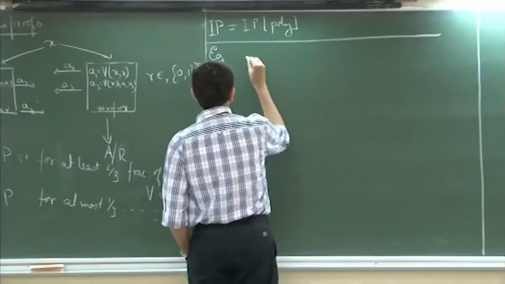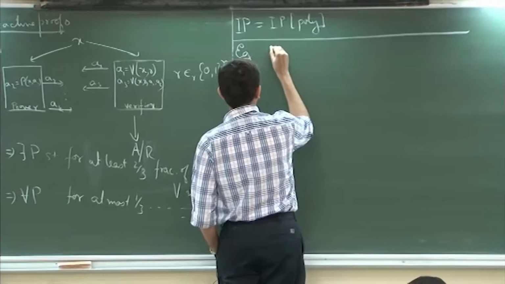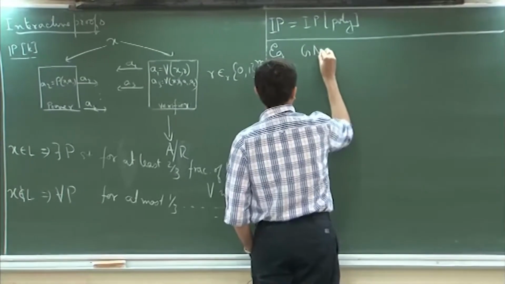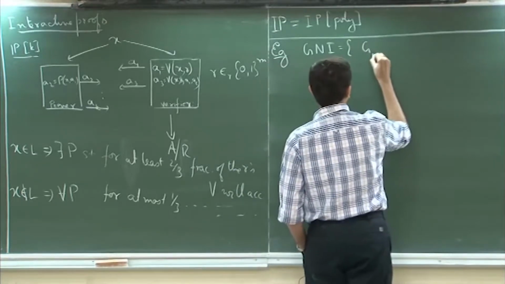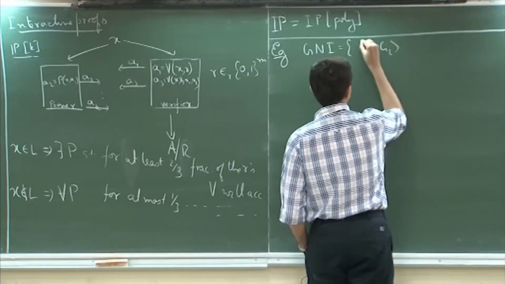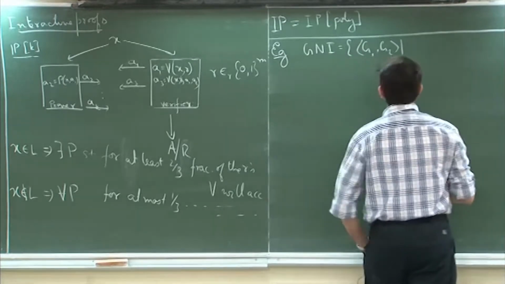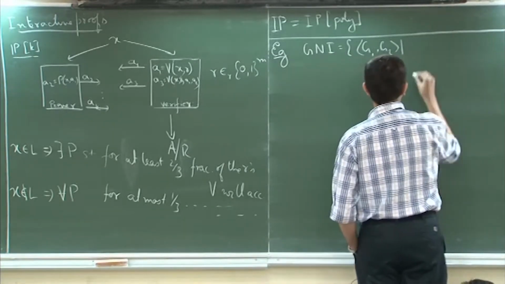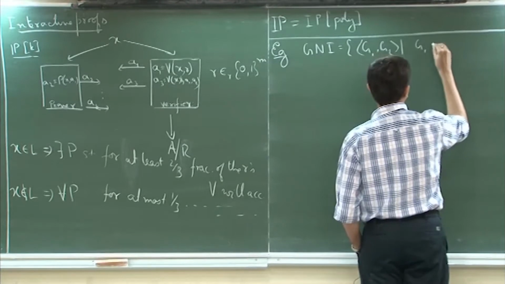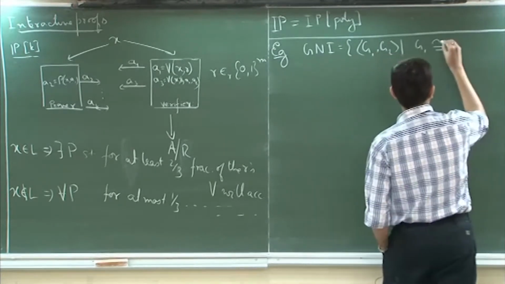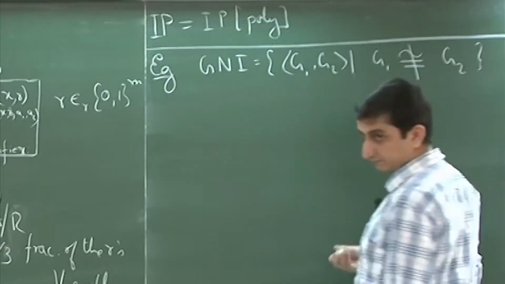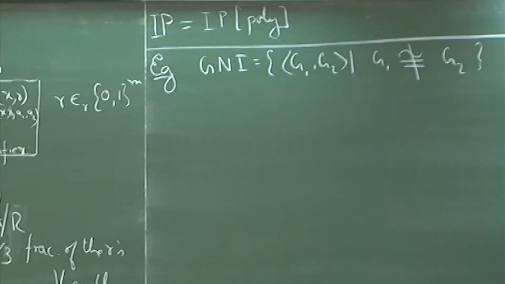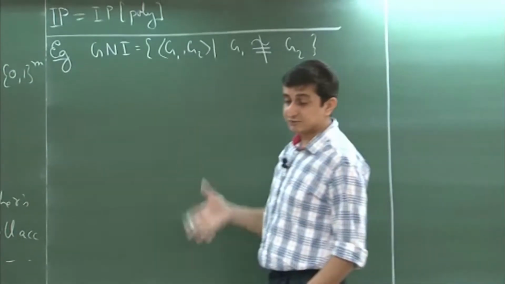So, consider the following language, the language of graph non-isomorphism. You are given two graphs G1 and G2 as your input, and you accept if G1 is not isomorphic to G2. Okay. So, third year guys, you saw this question in your 340 course, that the graph isomorphism problem